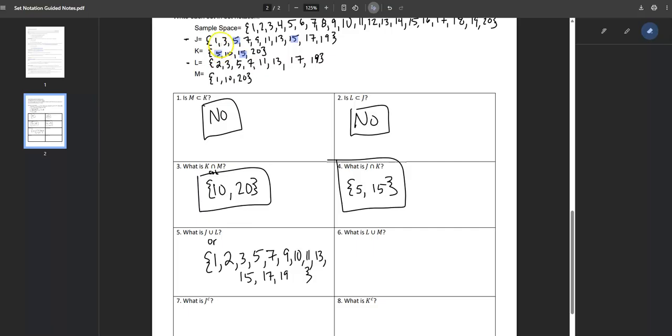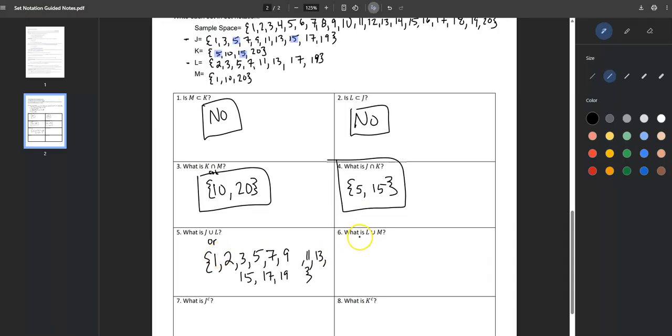So 1, 2, 3, 5, 7, 9, no 10 as well. Sorry, got to look a little bit closer. I need to look closer here. 11, 13, 15, 17, and 19. So that would be my numbers 1, 2, 3, 5, 7, 9, 11, 13, 15, 17, and 19 would be